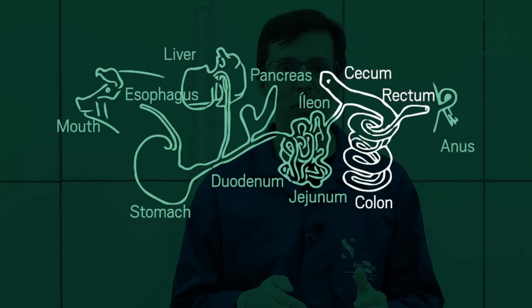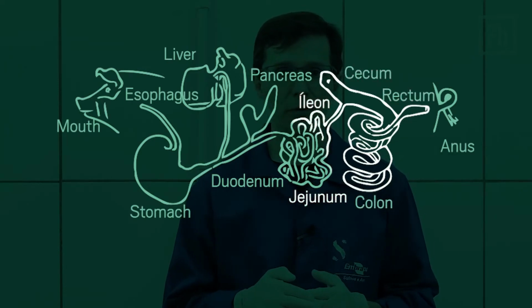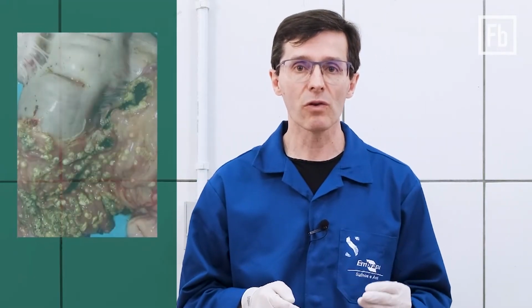Necropsy will show lesions primarily in the large intestine, but which may also affect the ileum. The primary lesions are catarrhal or necrotic colitis and typhlitis, with mucosal congestion and thickening, and an increase in colon diameter. In the most severe cases, foci of necrosis can be observed in the mucosa that develop into button-shaped ulcers